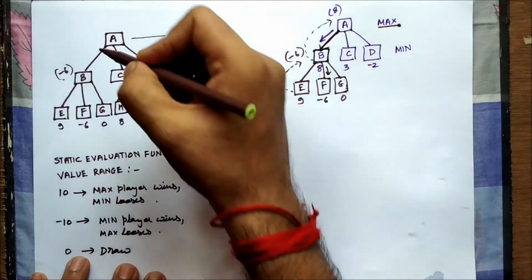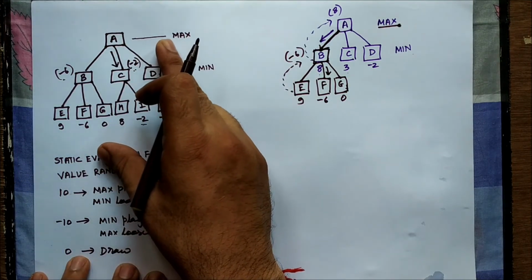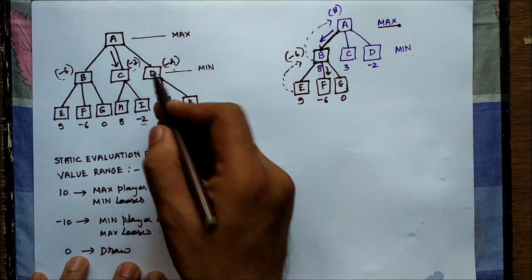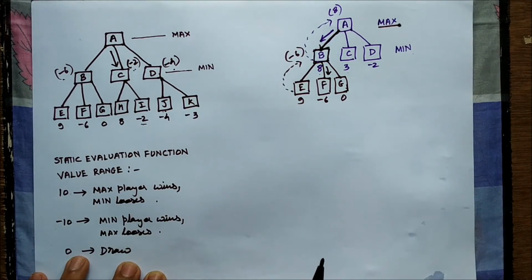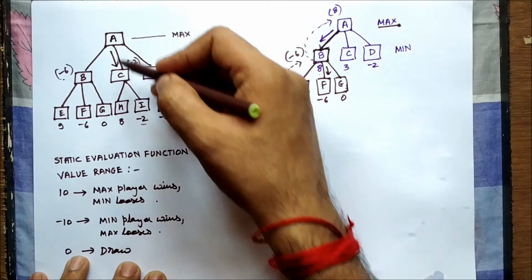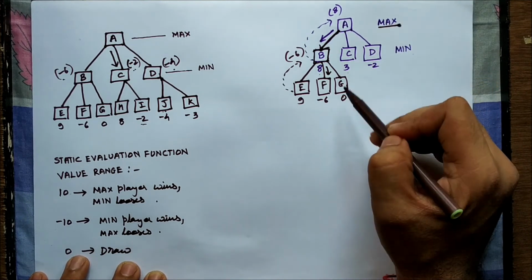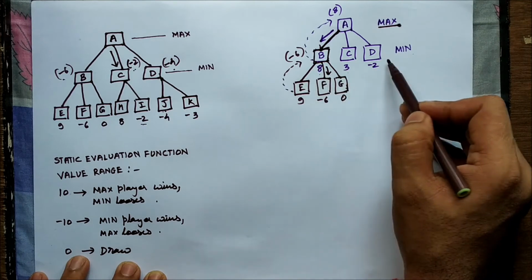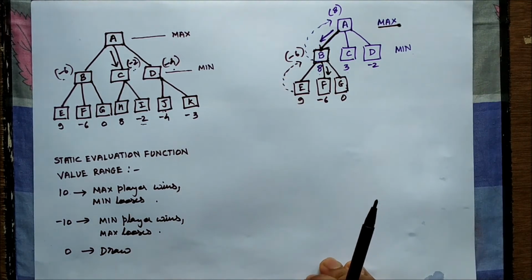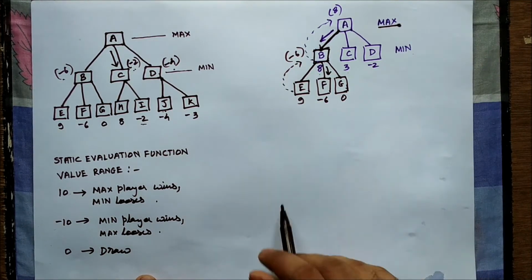So if node C was selected, the max player would have been able to restrain the min player from taking him away from his success. It realizes this only after forecasting one step in advance. But if the max player does not foresee one step in advance, it would not be able to make this decision, and then it has to repent. The same scenario is adapted by the min-max algorithm.